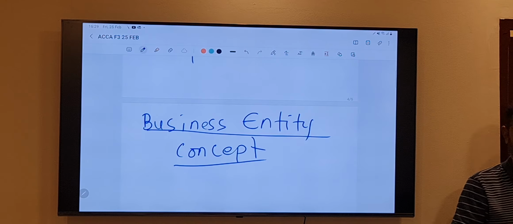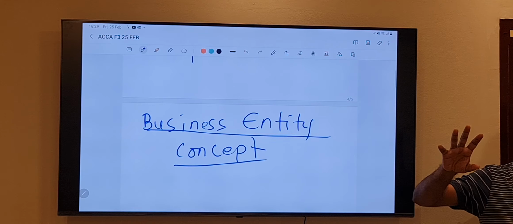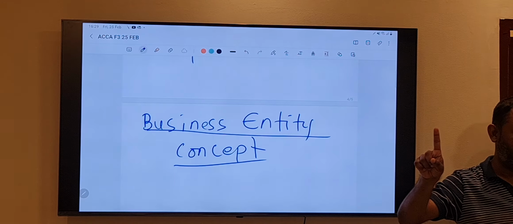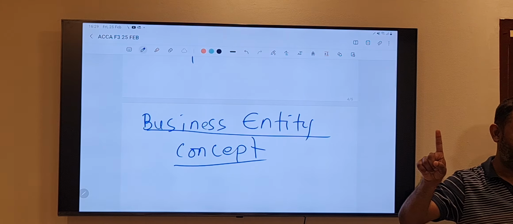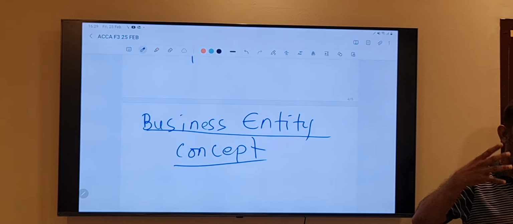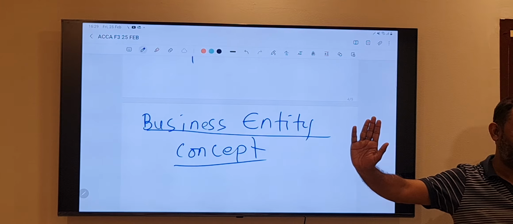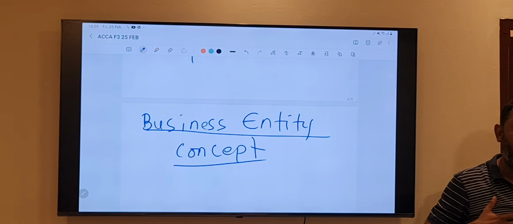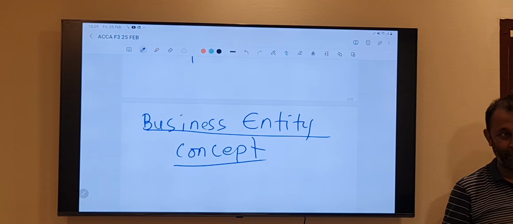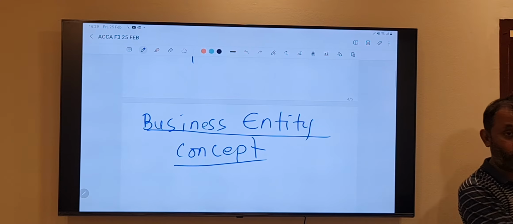Me, Muhammad Ashik Khan, and this Ashik Khan grocery, let's say. Is it 1 or 2? What do you think? Ashik Khan is different, grocery is different. That's what I wanted to ask you: are me and the grocery the same, or two different personalities? Two different persons, two different personalities. Me, a natural person, I have life. I am a living creature. I speak, I talk, I walk, I eat, I sleep, and so on.